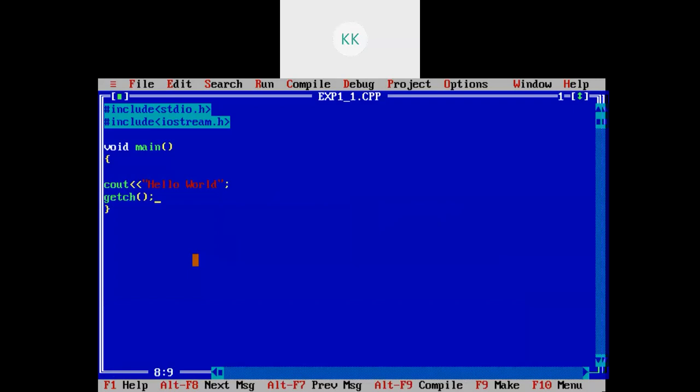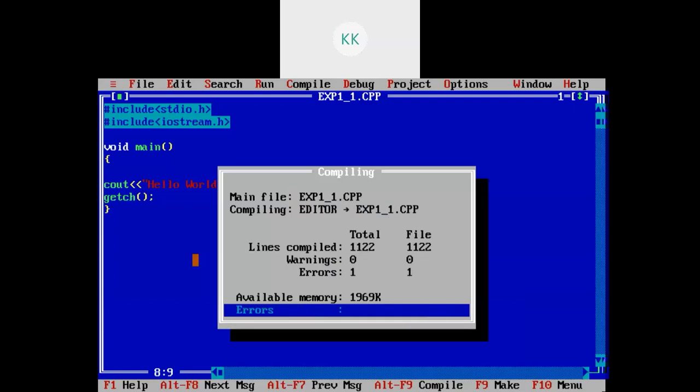It will only stop for the input. Otherwise, it will execute the instructions and go. Right. So in order to stop your program from running, we give a function which inputs one character from the input stream. Right. So now you will be able to see the output.